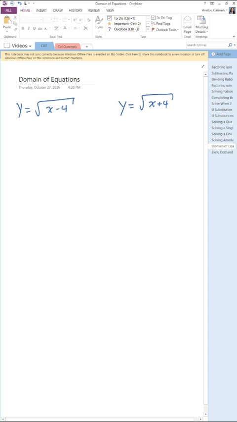When you're doing this, we are not solving. We're not solving for x. We're going to solve at some point, but not by putting 0 in for y and squaring both sides. That's not what we're going to do here. The directions are saying that we want to find the domain